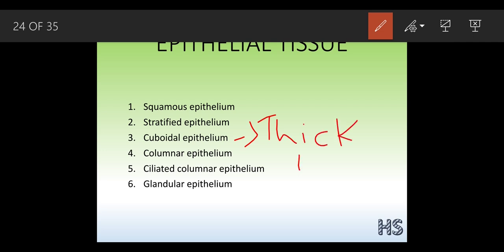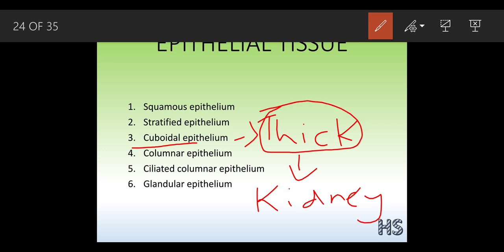The kidney is considered to be the filtering organ. Okay, so it has to excrete out a lot of waste. The kidneys help to purify our blood, and they do this many times in a day. So that is why the kidney should be made of the cuboidal epithelium, because these tissues are quite thick in nature, which helps with the filtration, so that it protects the tissue from any damage.